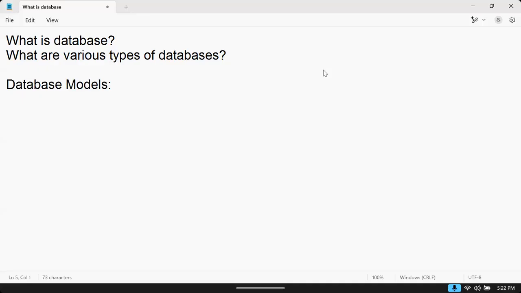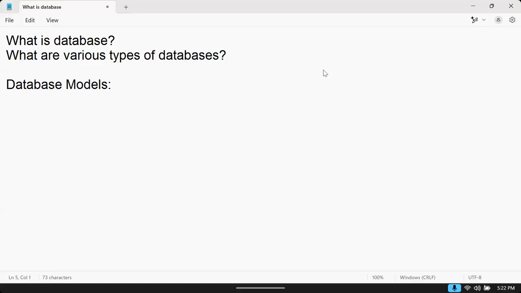Once we start learning all these, we will implement them in a project environment. That means we will create a project, and in that we will implement all this, the back end and front end combination. What are database models? How a database is designed for any project, for any application.